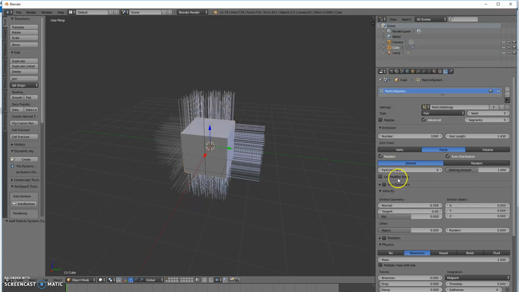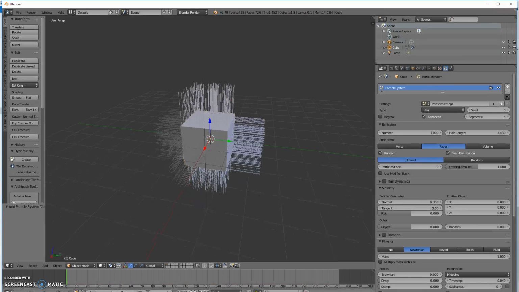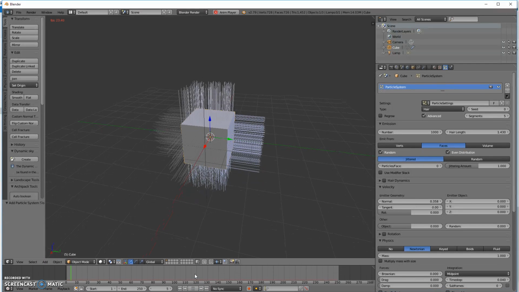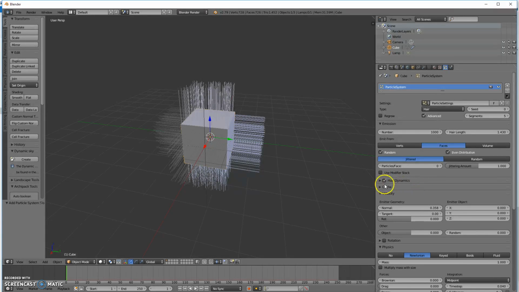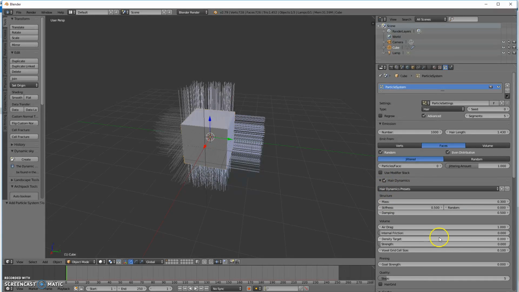If I go down to the play settings in Blender and hit play, I'll get nothing happening right now. But if I go back and turn on hair dynamics, checking the little box in the properties editor there, and you can expand it too if you want, I'm not going to mess around with the settings, although there's stiffness and mass, so you can do those. But if I hit play, I get the hair falling down to the sides,